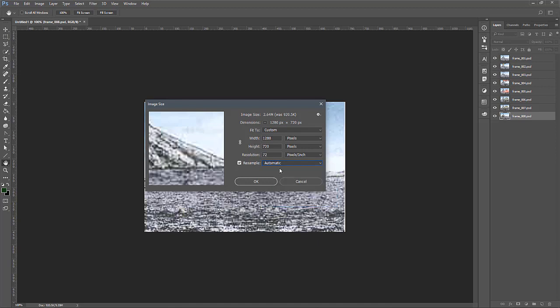So Automatic is going to work very well for you, and because I'm scaling up and it knows I'm scaling up, it is going to do a bicubic enlargement. I'm going to keep this at Automatic to reinforce what I believe you should be doing. And if I click OK,